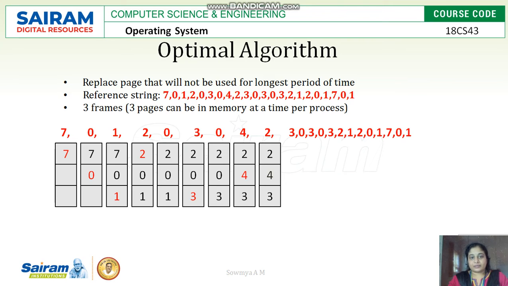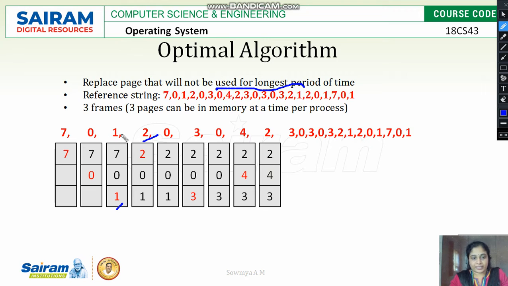Coming to the next algorithm. The next algorithm is the optimal algorithm. In the optimal algorithm, the concept is to find the page replacement based on the page which is not used for the longest period of time. Compare the sequence: which page already in the frame is no longer used, or is used after the longest period of time, and replace that frame with the new page. First, if the frames are free, pages will be allocated till 3 frames. Then the next page is 2.